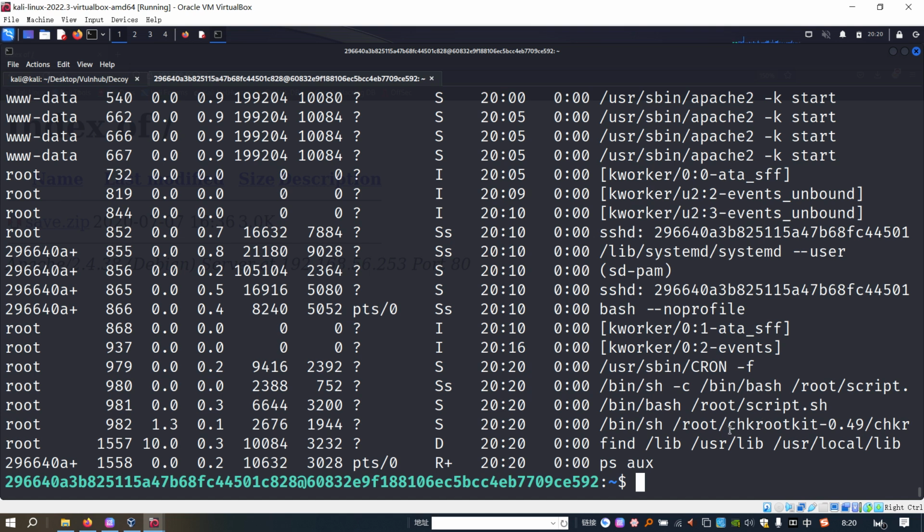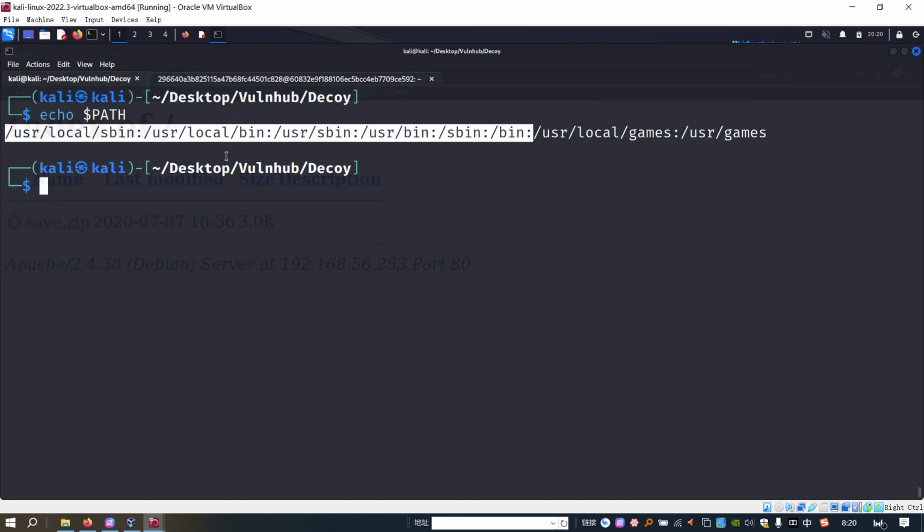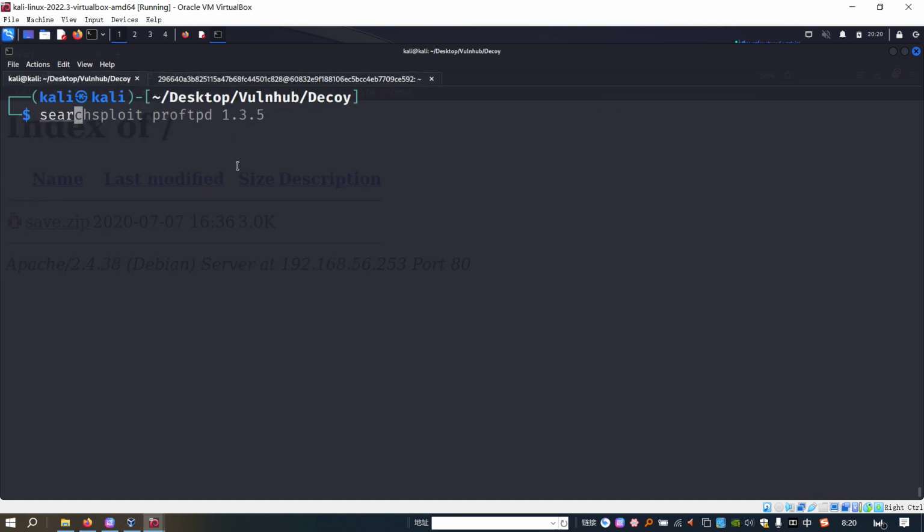Of course, just now we have already got its version information. So next we need to check whether this version of checkroot kit has a vulnerability or not. We can use the searchsploit utility for checkroot kit.